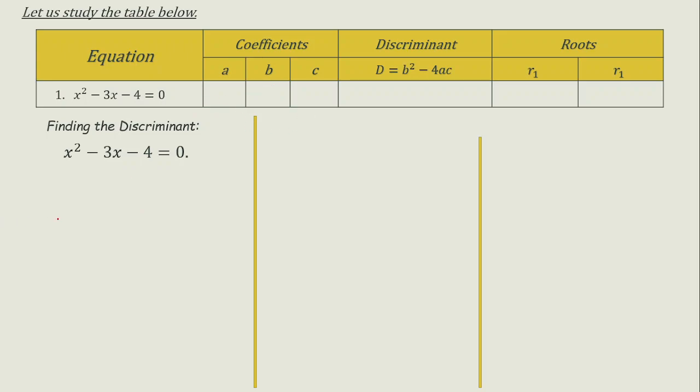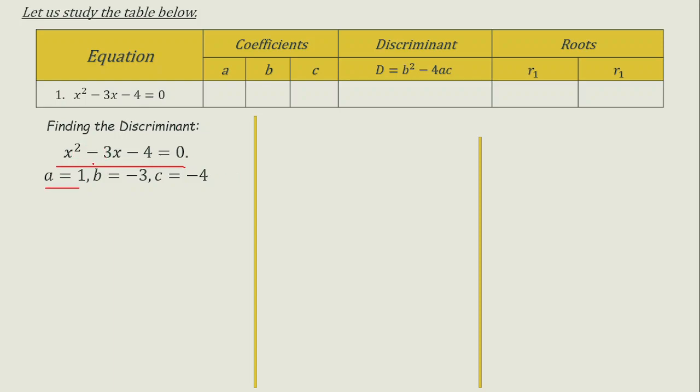So, here's the process. First, let's copy the given. And if the given class is not in the general form of the quadratic equation, we need to transform or change it. Again, class, pag hindi pa siya nasa general form, kailangan natin siyang gawing quadratic equation na nasa general form. Pero for example number 1, nasa general form siya. So, una natin gagawin is to identify the coefficients. So, for letter A, the numerical coefficient A can be found beside the quadratic term. So, the quadratic term here is x squared. So, it means the value of A is equal to